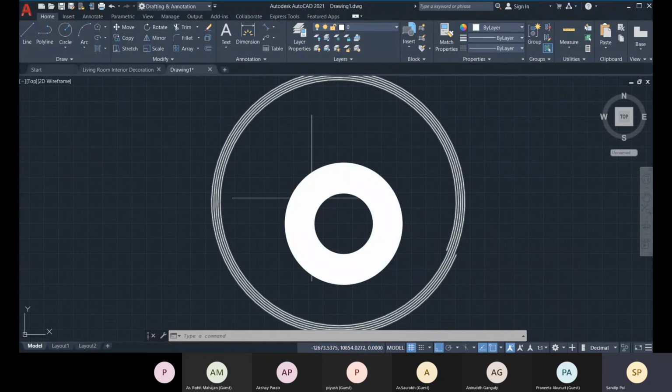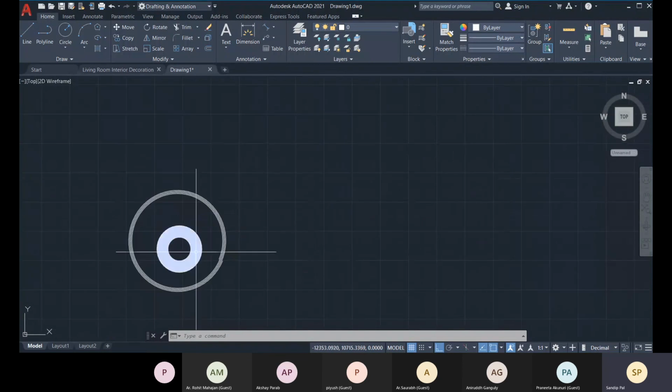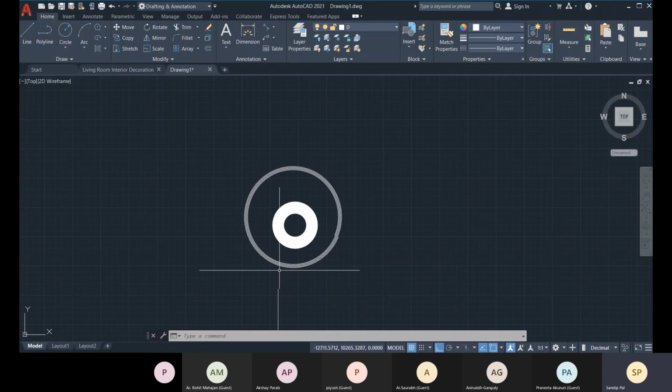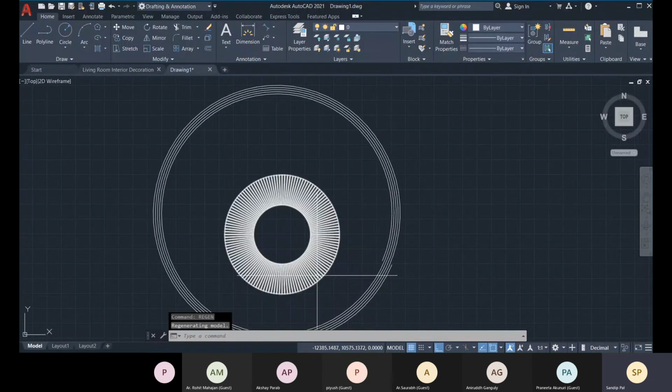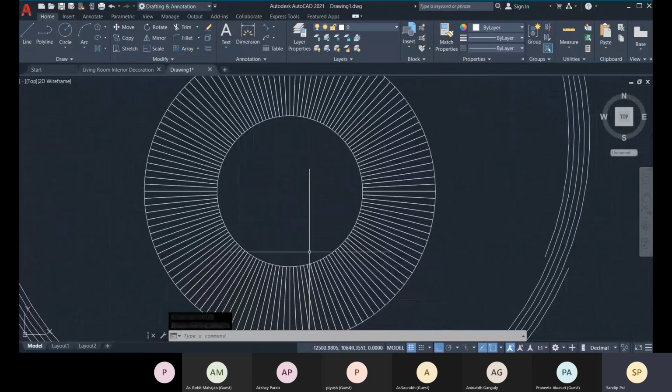Not only for this, but also for a rectangle or a polyline, that closed area you can change with the fill option. So you can turn the fill mode off, and then you have to regenerate it, because it was already generated as a fill. So regenerate after changing anything. You have to regenerate.